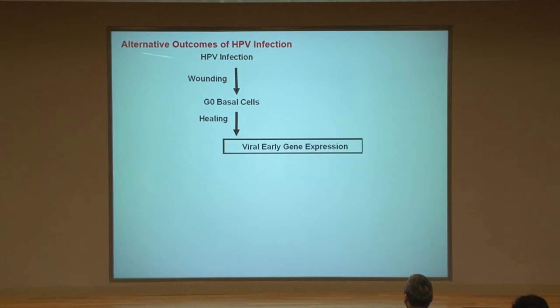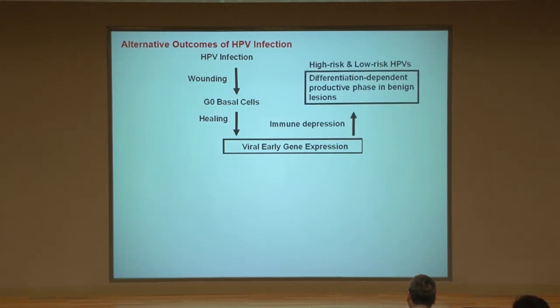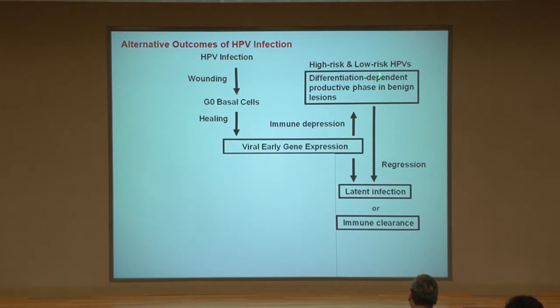Now I can summarize that there's alternative outcome for HPV infection. HPV infects the basal G0 cells through a wound, and during the healing stage, virus early gene is expressed, and when there's the immune deficiency or temporary depression, we have a differentiation-dependent productive phase. That's true for high-risk virus and low-risk virus. And then immune system intervention could cause regression to latent infection or clearance. So this can go back and forth if it's latent. But